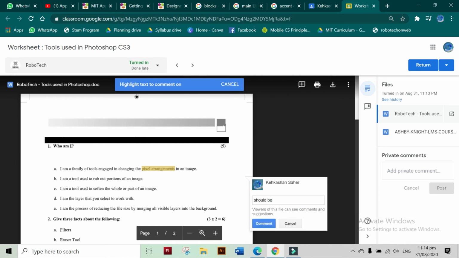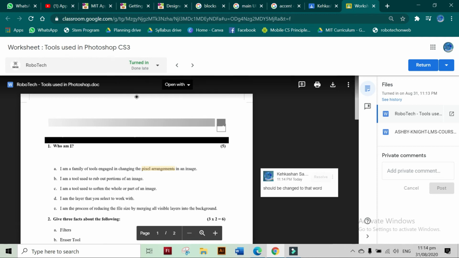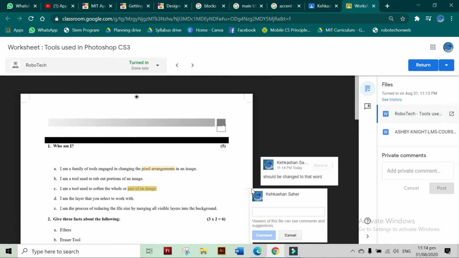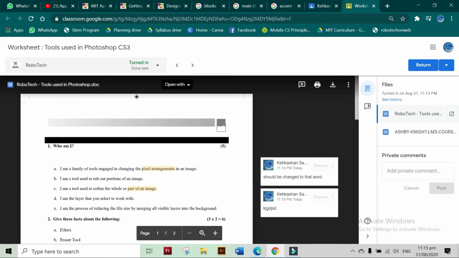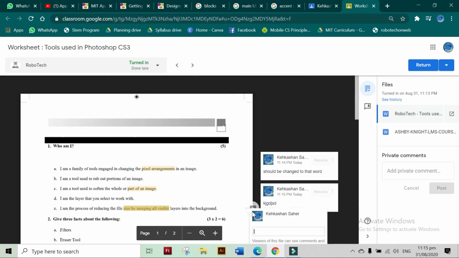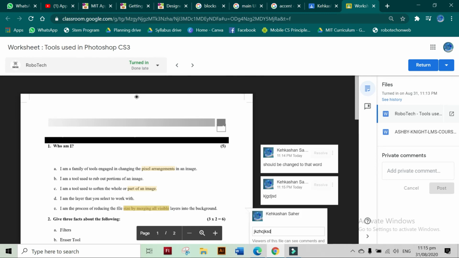Should be changed to that word. Then keep highlighting and click on this plus icon, add your comment, click on comment.